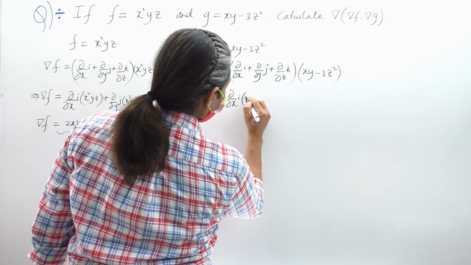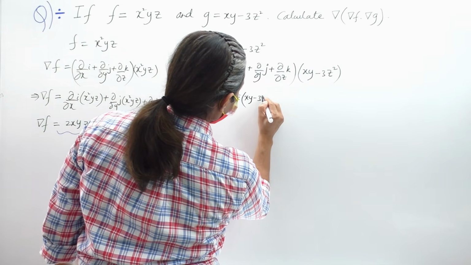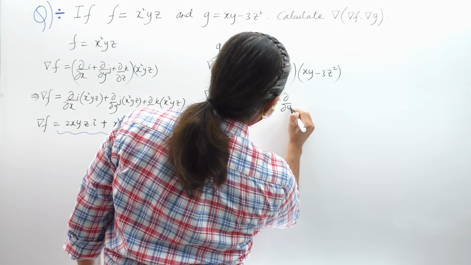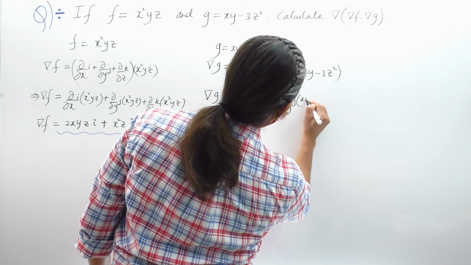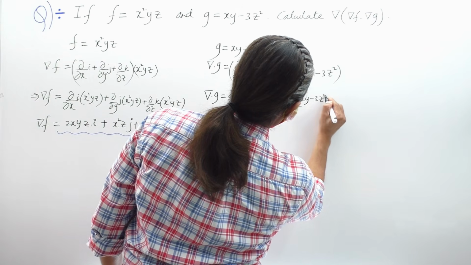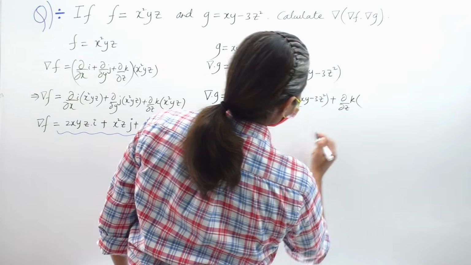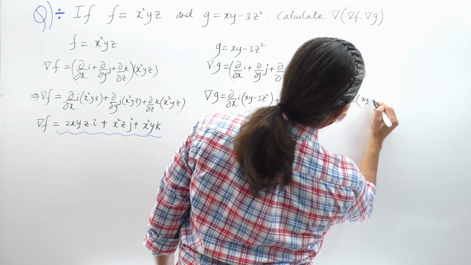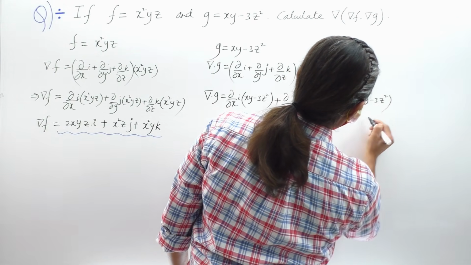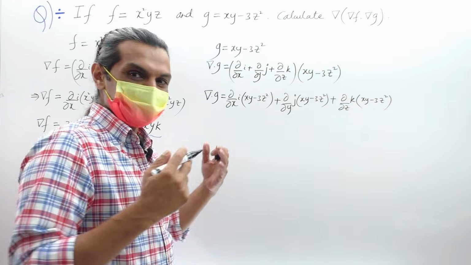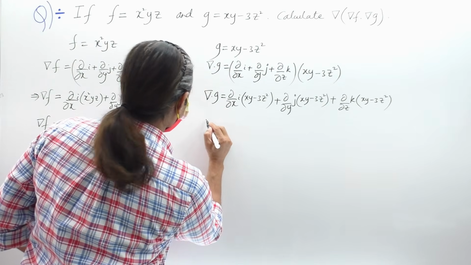∂/∂x of (xy − 3z²) i plus ∂/∂y of (xy − 3z²) j plus ∂/∂z of (xy − 3z²) k. That's it. Okay, so let's differentiate this. Now del of g is equal to